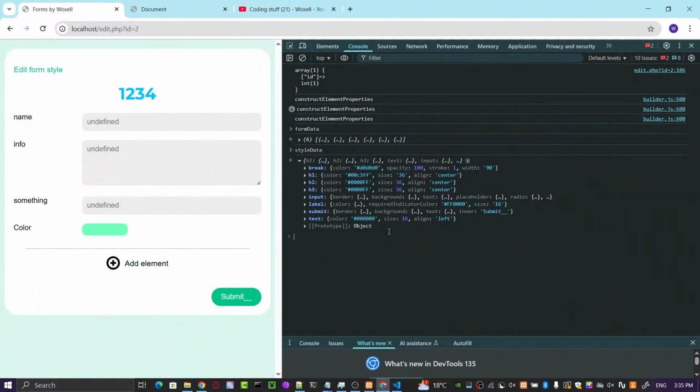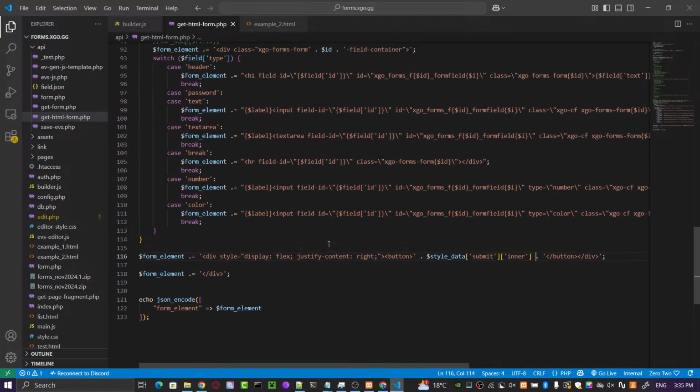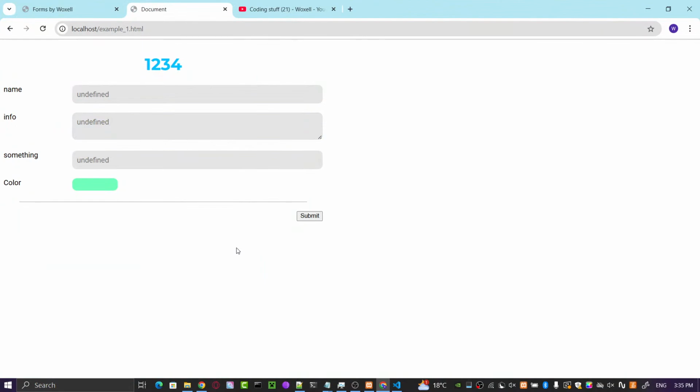We have the submit, then the inner. Yeah, that's actually what it is. Now, if we refresh the page here, yeah, it works. It works just fine.